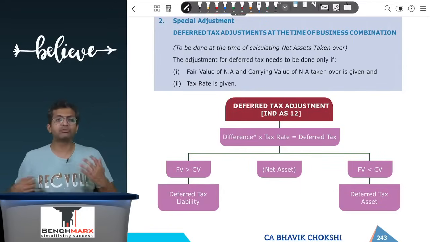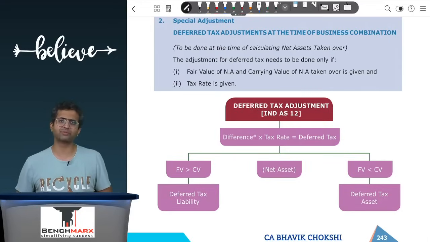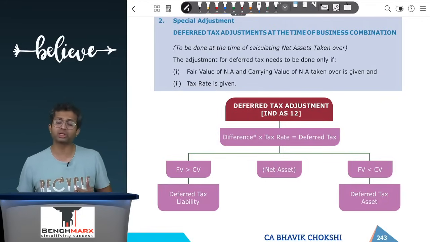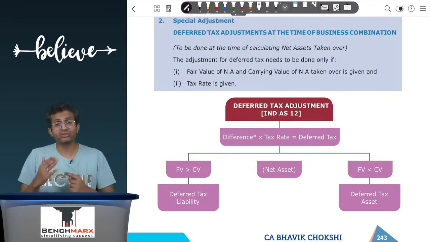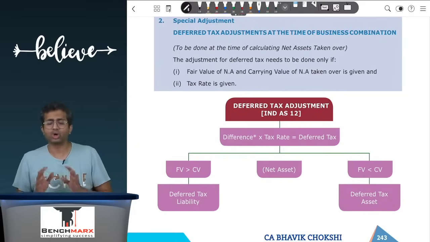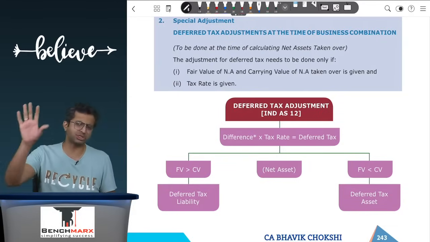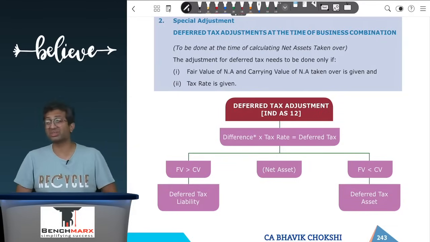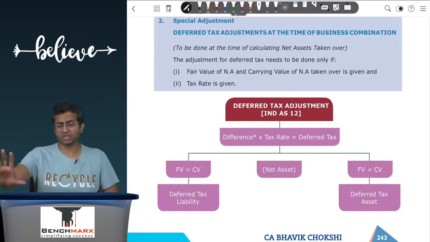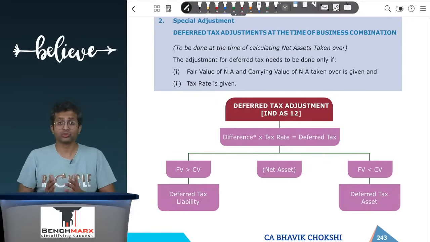taken over. However, income tax does not recognize consolidated financial statements. Income tax continues to charge tax based on separate PAN numbers for each holding and subsidiary company. So if I look at the tax base, which is the values appearing in the income tax balance sheet, it will continue to be the same balance sheet values which were there earlier. So if a separate tax base is given for the subsidiary, you will continue to keep that tax base to be the same. If nothing is given, then you will assume that the old carrying values of the subsidiary will be the tax base. You will not remeasure the tax base to the fair value.